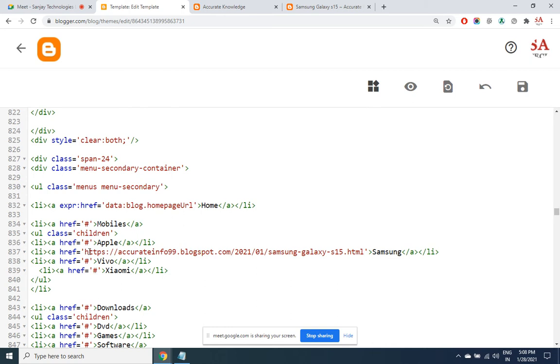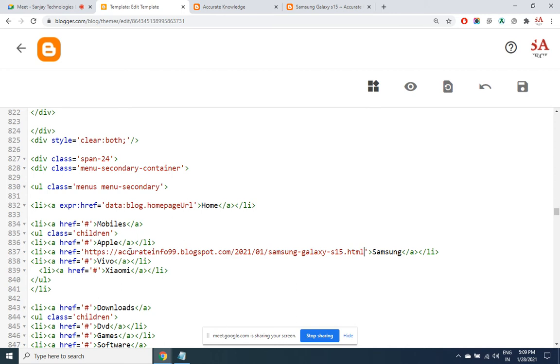One point you need to remember is that in HTML, a href is used to provide links. By default, when it is hash, it means that it is clickable, but no action is taken. If you want any particular page to be opened, then that page address you need to define here.